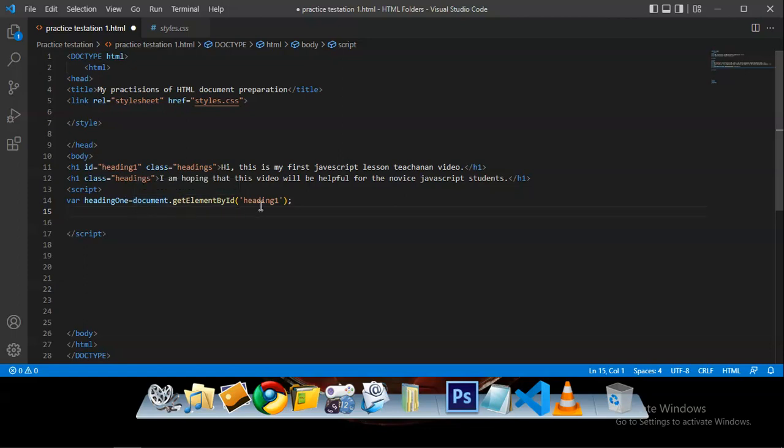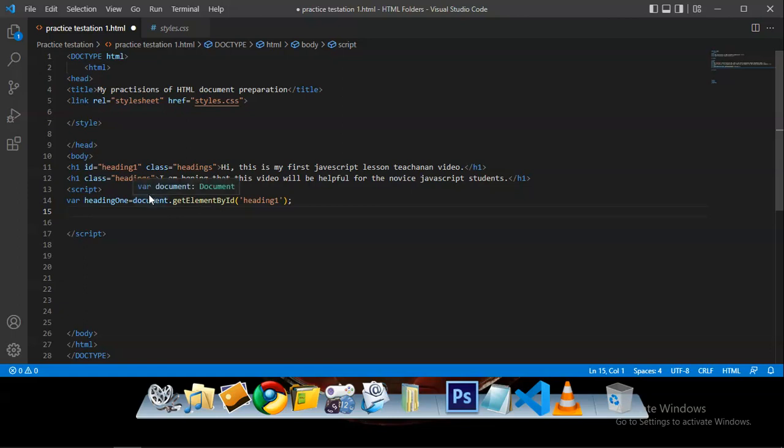Get element by ID heading 1 is equal to the element whose ID is heading 1. This dot sign actually means apostrophe. So document means the whole HTML document, and